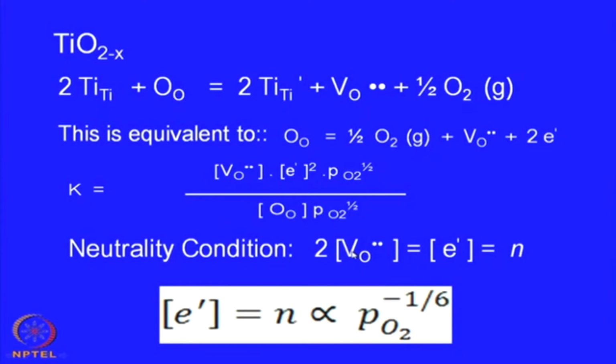Instead of metal vacancy you have oxygen vacancy, and twice the number of oxygen vacancies is equal to the electron concentration, which is n this time, not p. You will get the concentration of electrons, or in other words n is proportional to PO2 to the power minus 1/6. Okay, so this is the inverse of that. So it is minus 1/6, and it is becoming electron. So whenever there is a negative slope,